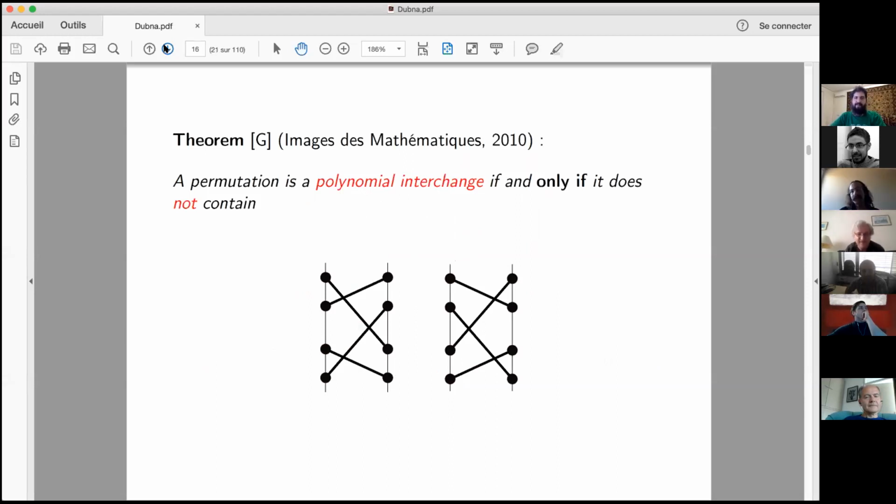And indeed, it was not difficult to show, and I did that immediately the next day after meeting Conceivage, that if you take a permutation with n objects, and you want to know if this permutation occurs for some collection of polynomials, I will say a permutation of polynomial interchange, it is enough to check whether or not it contains one of the 2 forbidden permutations of Conceivage. You have to be careful when you use the word contain.